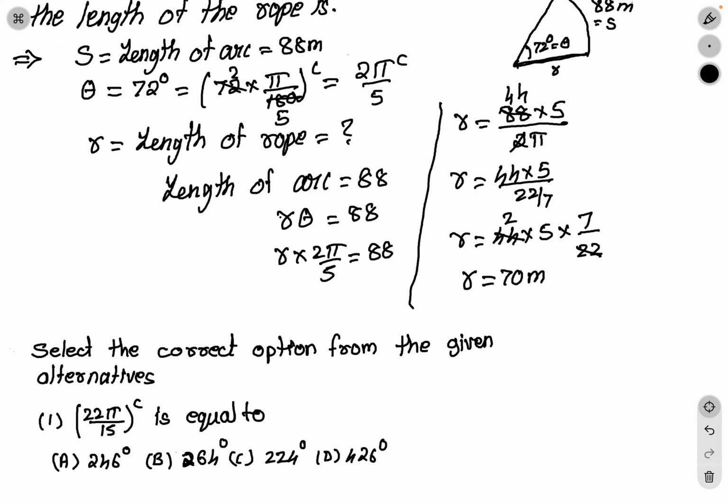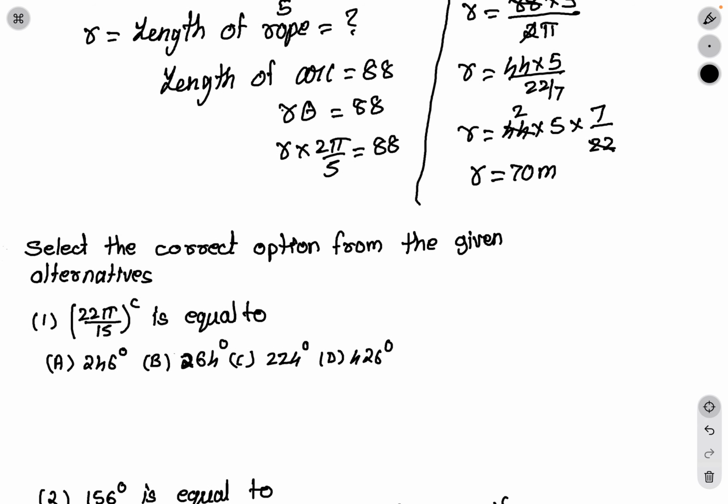Select the correct option from the given alternative. अब यहाँ पे 22 पाई अपॉन 15 रेडियन दिया है. इसे डिग्री में कन्वर्ट कर लेते हैं. तो 22 पाई अपॉन 15